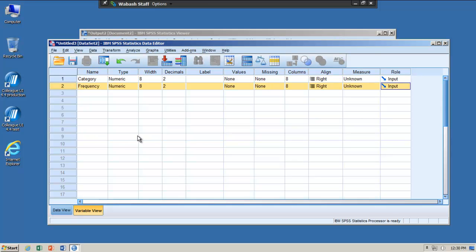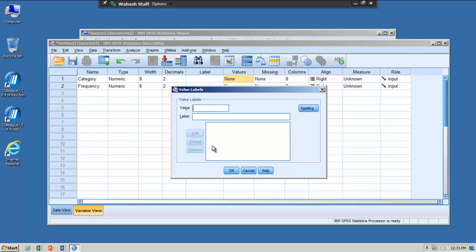So at this point I should already know what my categories are and how many cases I have of each category. The example we used in the video was if we had asked how many of our students were in fraternities or not, and we knew we were going to classify people as either being a fraternity member or an independent. So for my category variable here, I'm going to go ahead and add value labels so that I'm going